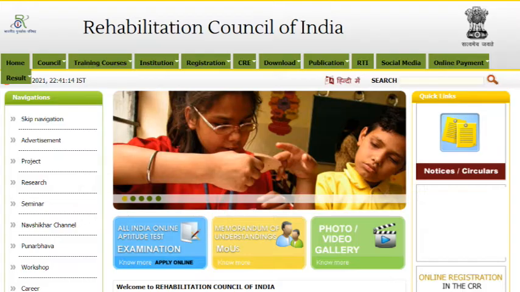Now that it is closer to your expiry date and you have to renew it, RCI has made it mandatory that you have 100 CRE points to renew your certificate, and without having 100 CRE points, it will not be renewed. The CRE points are accumulated by attending workshops and conferences, wherever it is mentioned as CRE approved. There are rules and regulations for institutions or colleges to conduct a CRE program, so that will not be covered in this video.